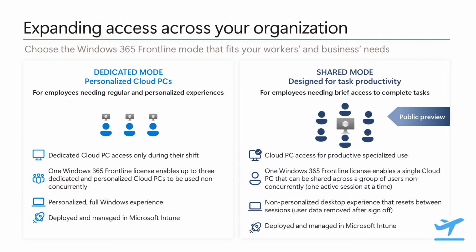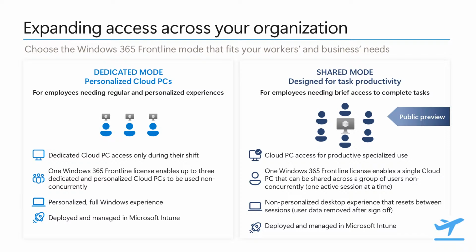With dedicated mode, we're targeting scenarios and employees who are going to need a regular and personalized experience and consistent access to their Cloud PC. When you set up Windows 365 Frontline in dedicated mode, you will get, for each license, 3 Cloud PCs, and so that enables you to give access to more users. Now, even though you get 3 Cloud PCs, each license gives you only 1 active user at a time. I'll give you an example in a bit to share more how that works, but the key thing to remember